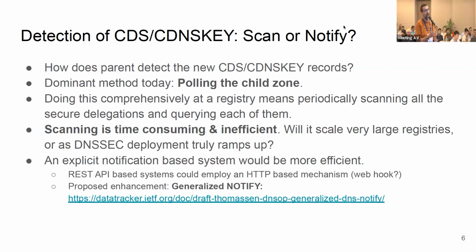Let me just say that, yes, scanning works. So the question is not whether it works or not. The question is whether we can do something better. So I essentially agree with that. Right. That said,